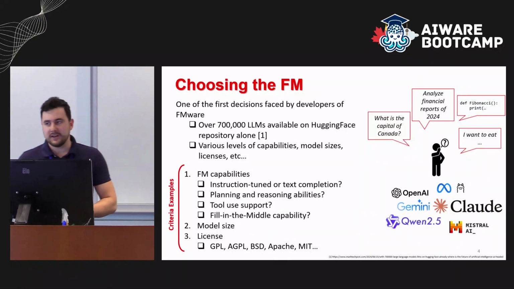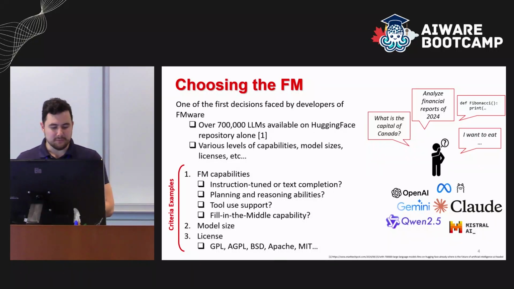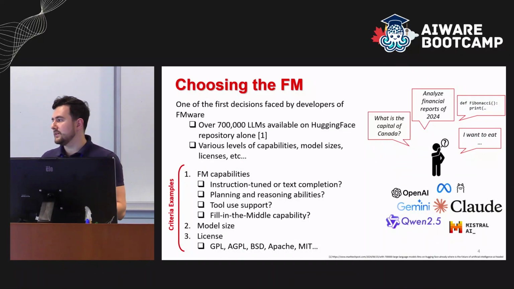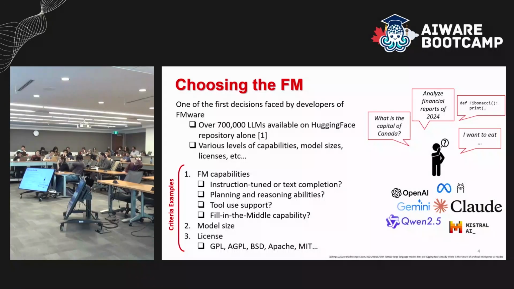One of the talks you'll see on Friday actually makes use of this, and you'll see why. But when we were working on this project, we were basically limited to 2 models that supported this. And that's another thing, that's what limited our selection. For the model size, it's pretty self-explanatory. Models can be small, big, anything in between. That depends on what kind of compute you're using and what your use case is. And of course, licenses, as I mentioned, there are many different ones. Make sure they're applicable to your use case so you don't get sued later on.